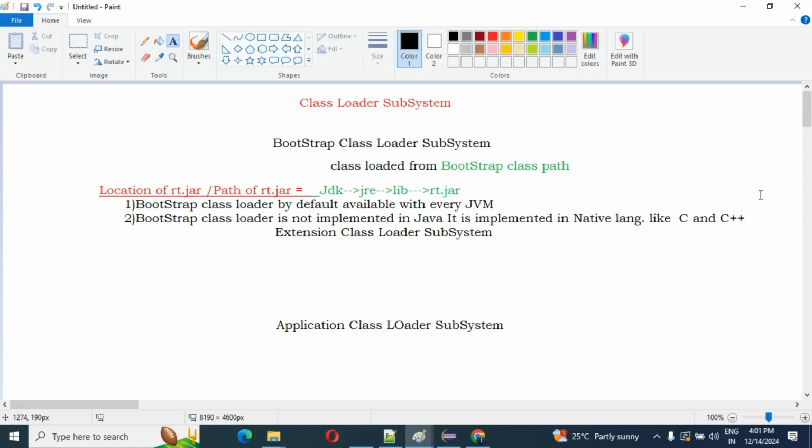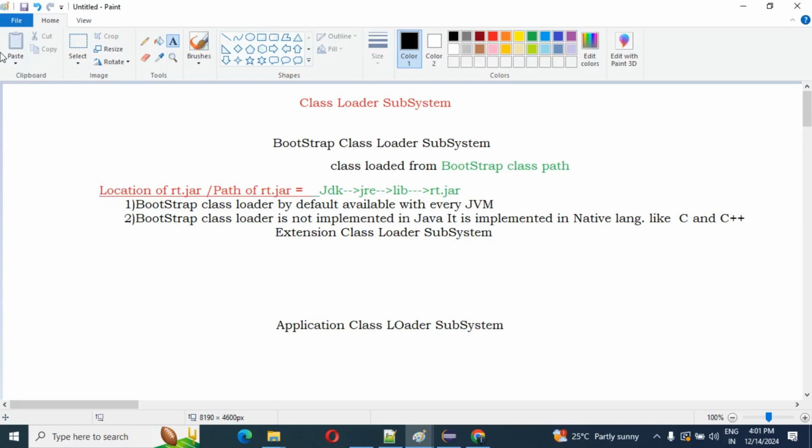The first original class loader that comes as part of the JVM is the bootstrap class loader, which is responsible for loading core Java API classes, which are available inside rt.jar, and it is implemented in native language like C and C++.